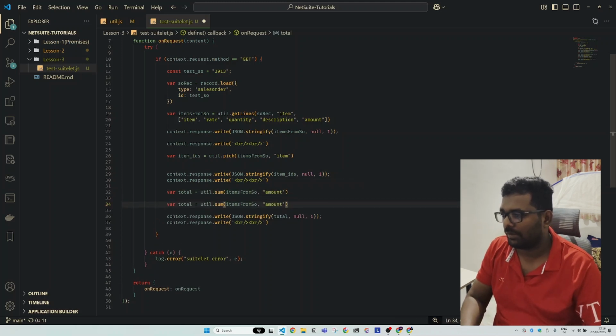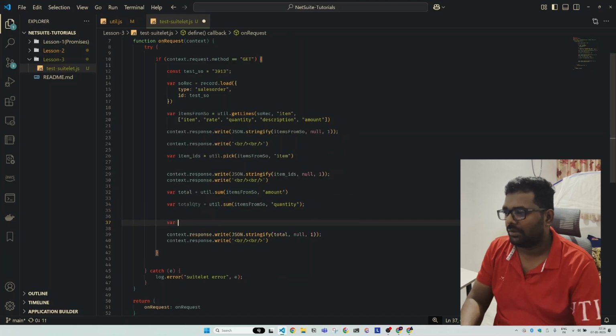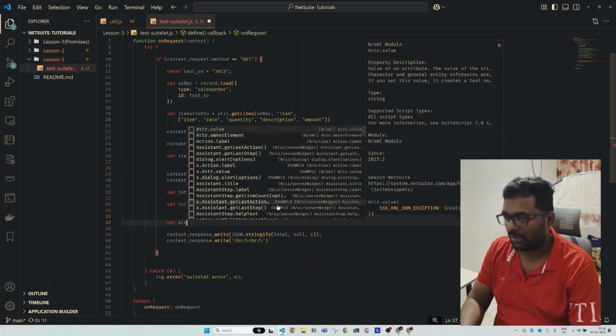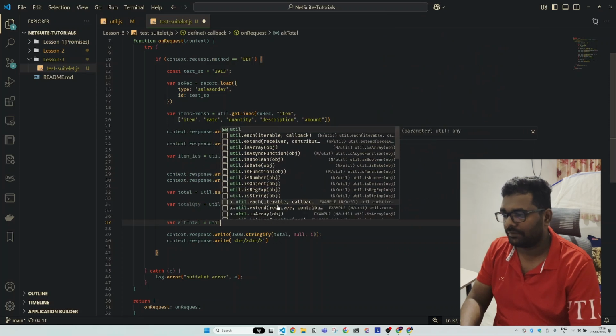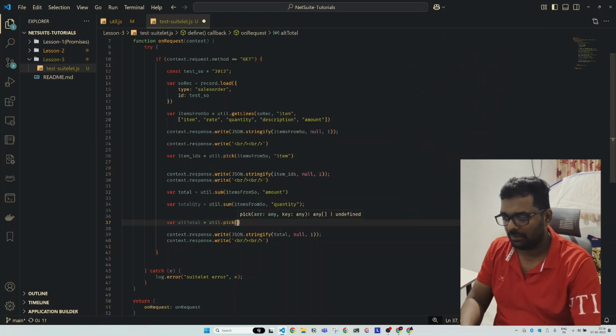So we can simply say total quantity if we want, like quantity. So you can do an alternate total like this also. It will pick